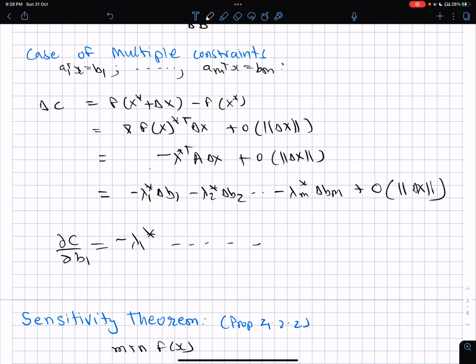So if the other constraint changes are set to 0 and only this one is allowed to change, then the sensitivity is minus lambda 1 star. If only this one is allowed to change, the sensitivity will be minus lambda 2 star, and so on. And if all of them are allowed to change, then you can do a linear superposition as